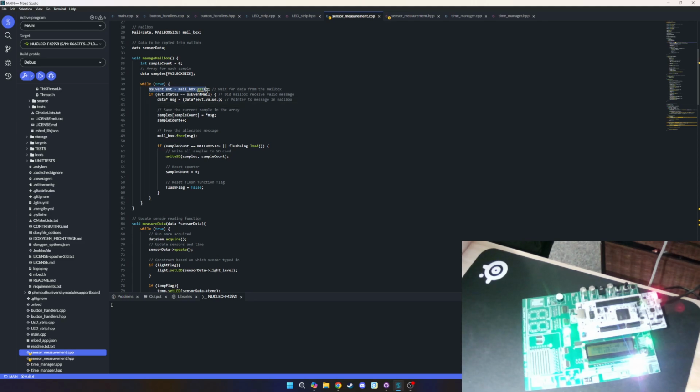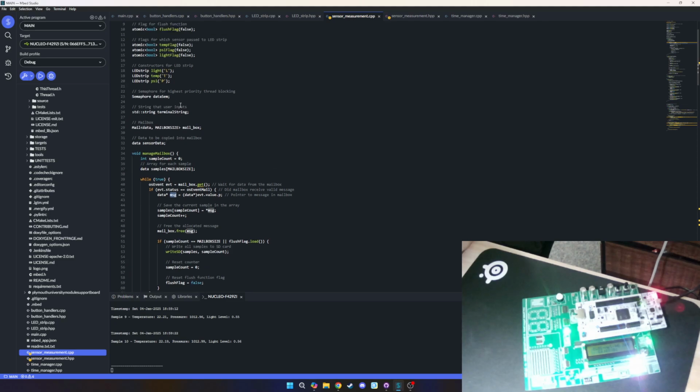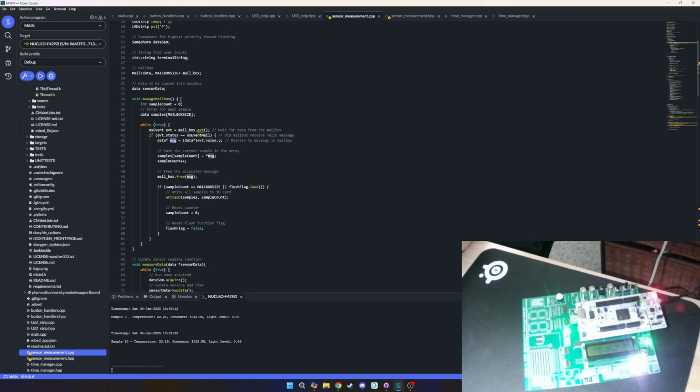It's waiting for data from the mailbox, which is blocking, but because it's on a thread, it allows other threads to do their tasks. If the message received is valid, it will take a copy of the message and put it into the, not array, just the variable